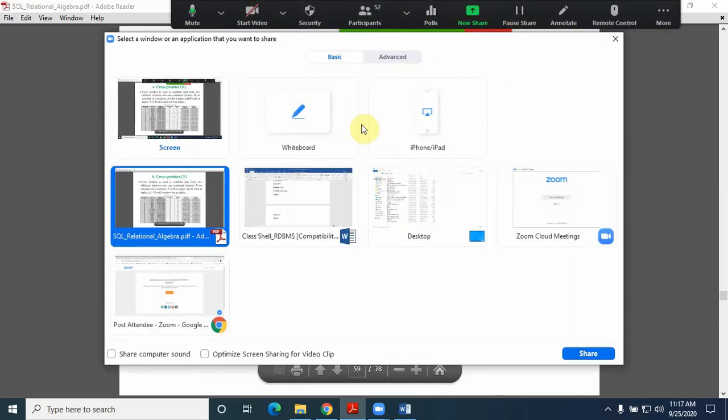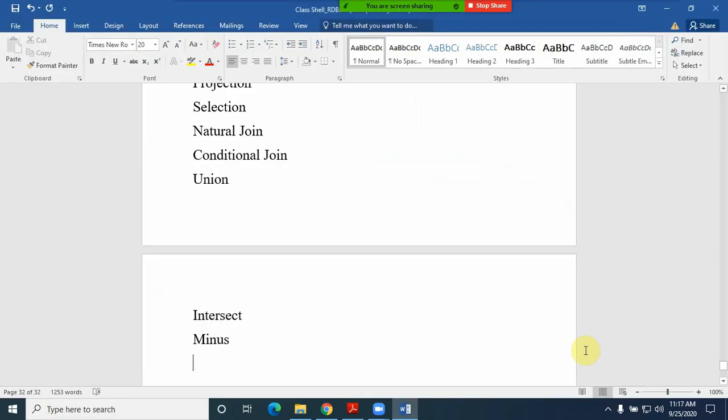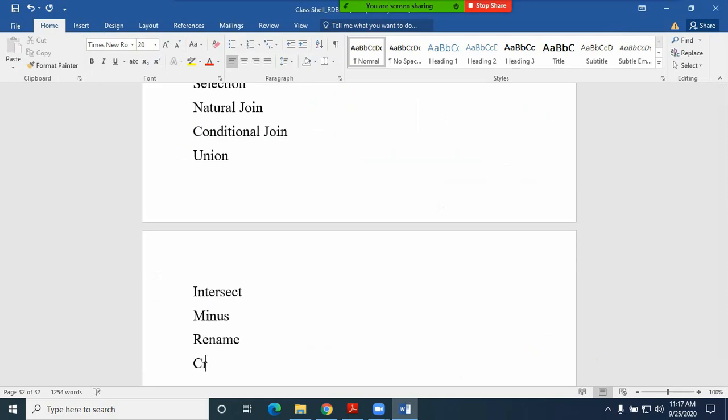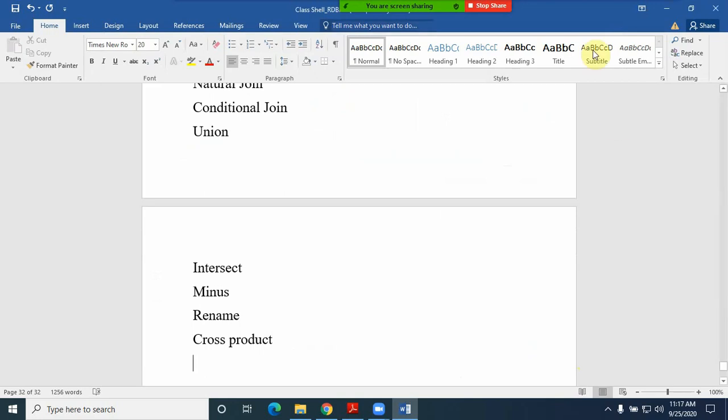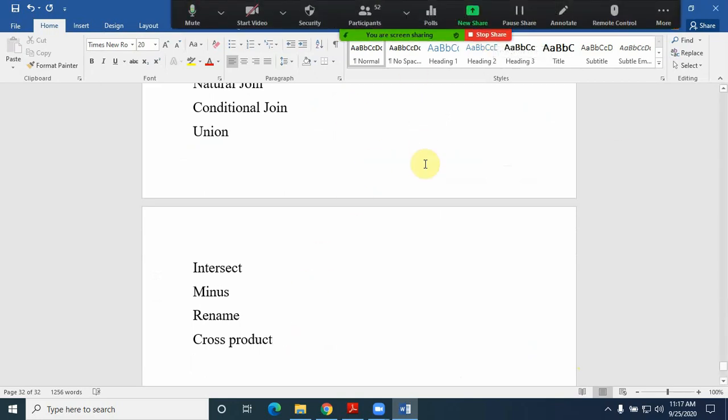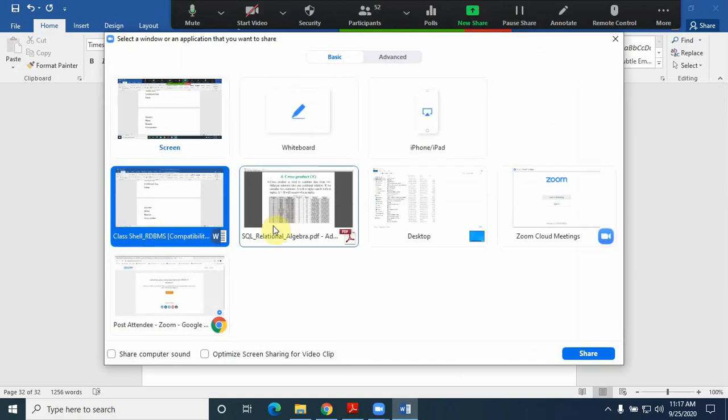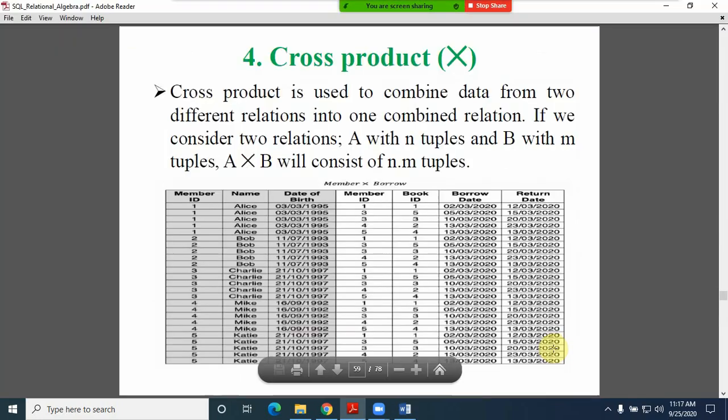Okay, so we are having rename, and we are having the cross product. So nothing wrong, friends. If you are having any doubt, you can tell, otherwise you can go ahead to the next topic, right? Okay,